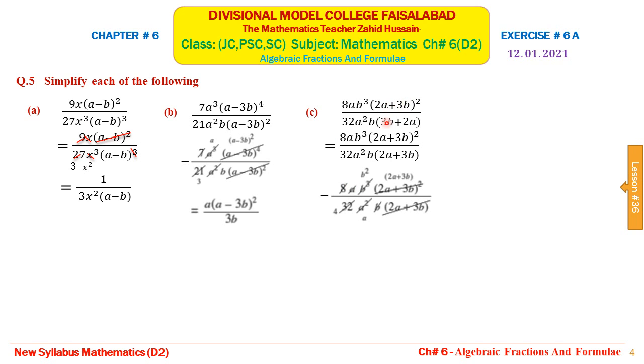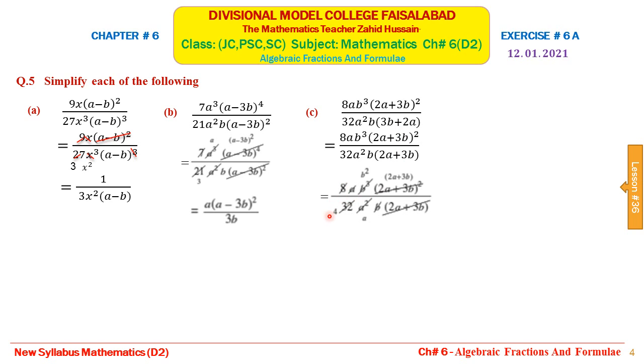In the denominator, the order of two terms is different from the terms in the numerator. This is 2a plus 3b and there it is 3b plus 2a. So we will make the order of the two terms the same: 2a plus 3b, 2a plus 3b. When there is a positive sign, you can change the order without any alteration.